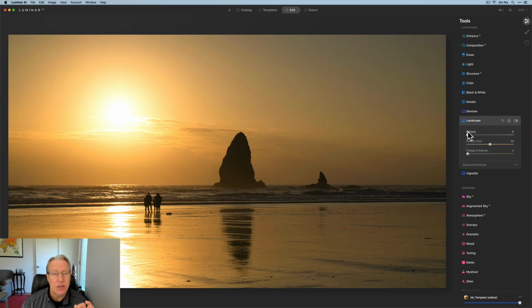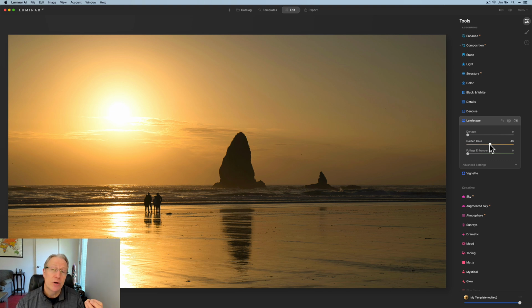I don't typically use dehaze that much or foliage enhancer, so I didn't want to call landscape the tool that I use. I specifically use the golden hour slider. And that's the one that I just think comes in so handy, whether it's a sunset or sunrise. It could be a midday shot. It could be a street scene. It picks up those warm tones, gives them a nice little pop, and really helps you accentuate that feeling in